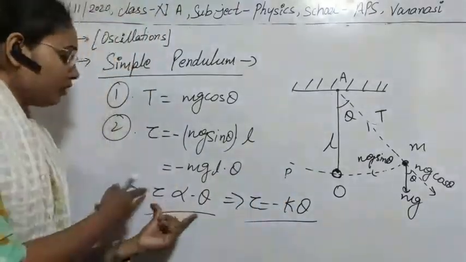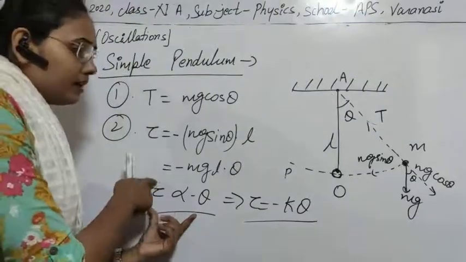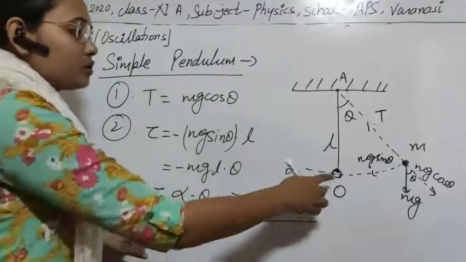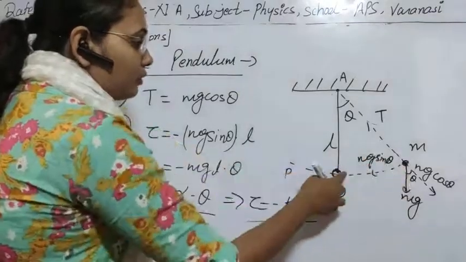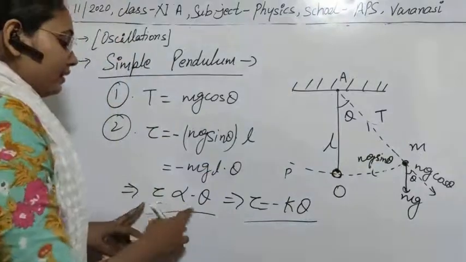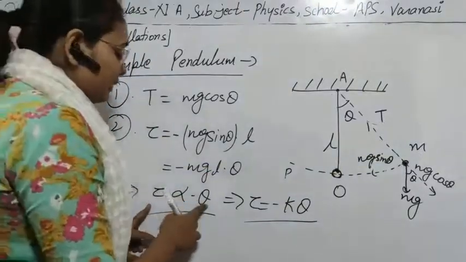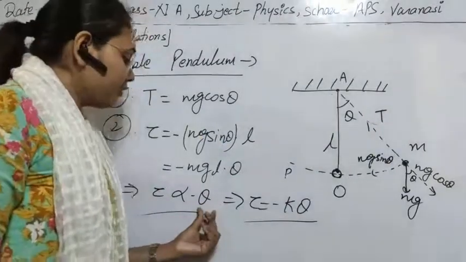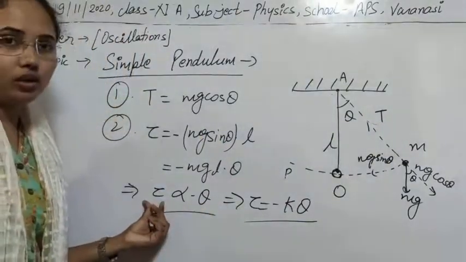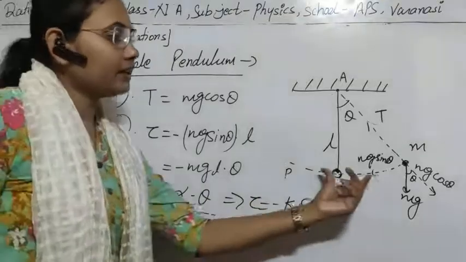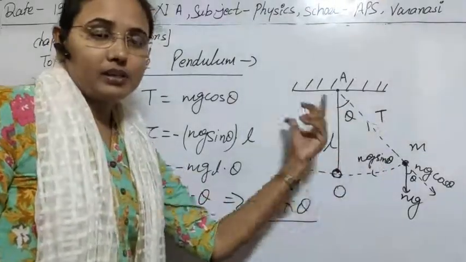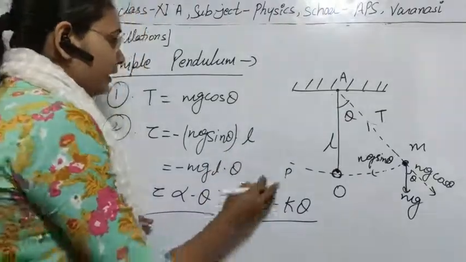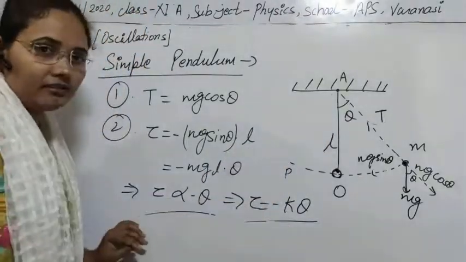Here also we are seeing that a torque is acting on the body. It has a tendency to restore the body to its equilibrium position, and this torque acts on the angular displacement produced in the body. It means the greater the angular displacement, the greater the restoring torque on the body. So this is just like the case of the spring-mass system. In the case of the simple pendulum, we can understand it very easily.